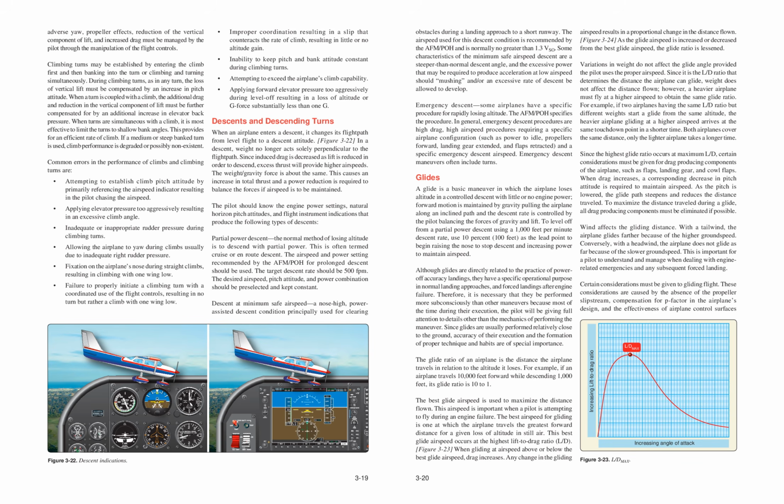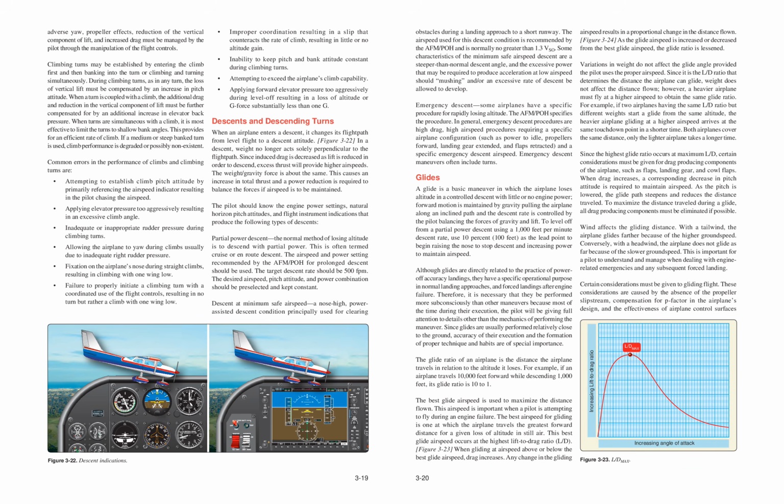obstacles during a landing approach to a short runway. The airspeed used for this descent condition is recommended by the AFM/POH and is normally no greater than 1.3 VSO. Some characteristics of the minimum safe airspeed descent are a steeper than normal descent angle, and the excessive power that may be required to produce acceleration at low airspeed should mushing in or an excessive rate of descent be allowed